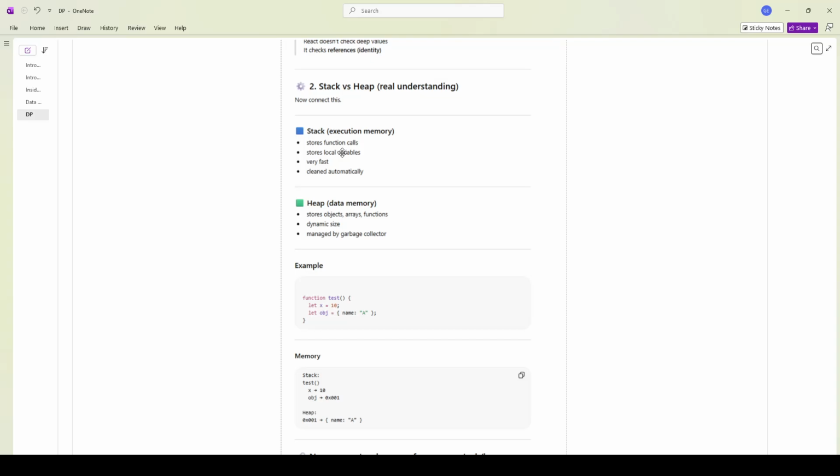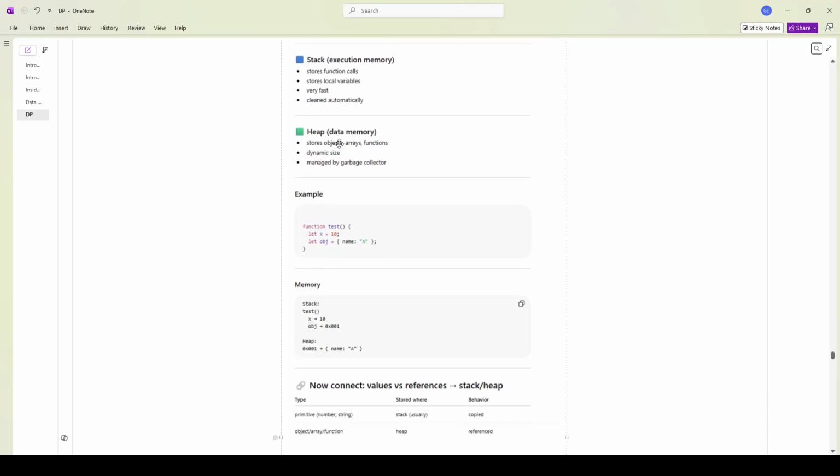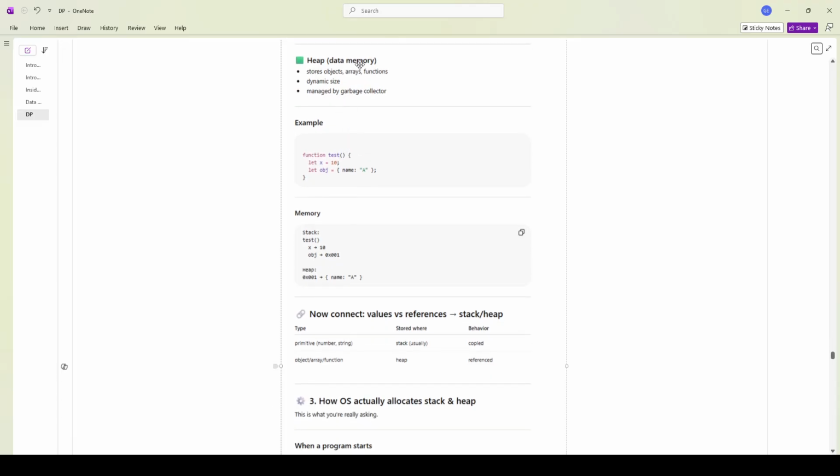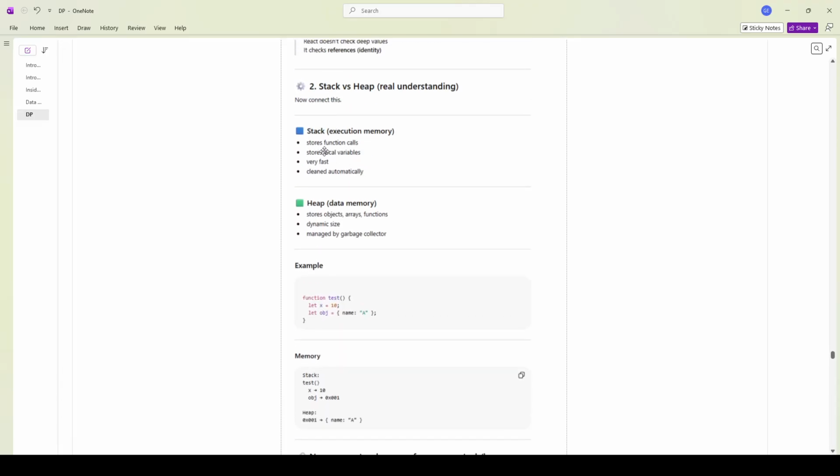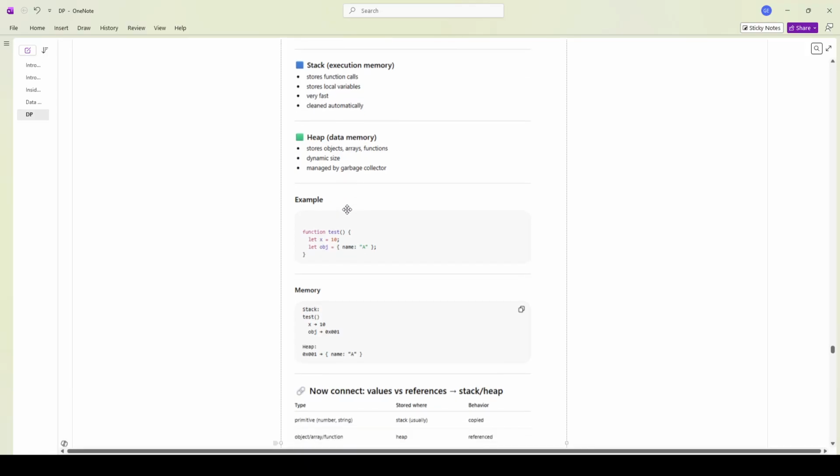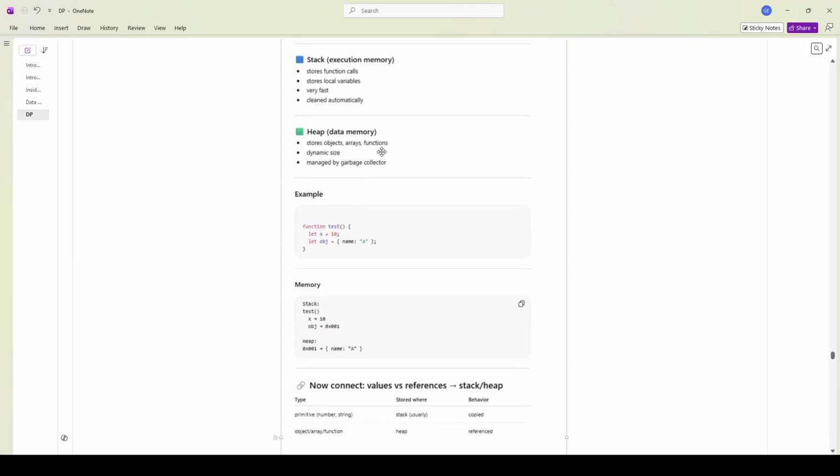So it stores the function calls, all the functions that will be called. It stores local variables, very fast, cleaned automatically. Heap, data memory. So think of the stack as the functions. Okay, so a function is necessarily just a program, or like an instruction. While the heap, you can think about that as the data, where the data lives, or where this function